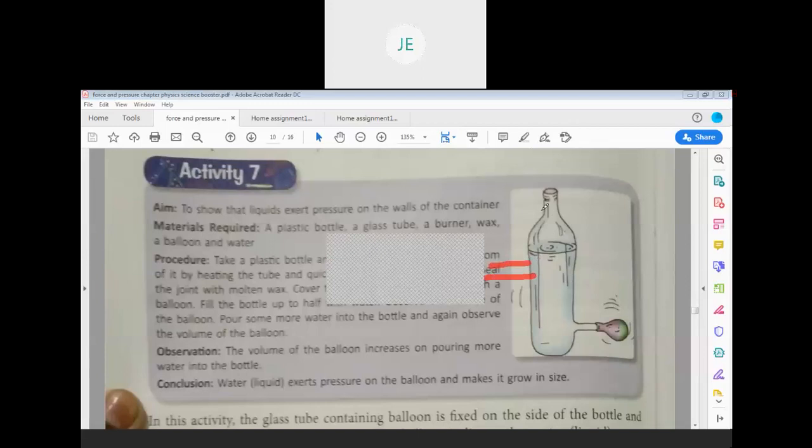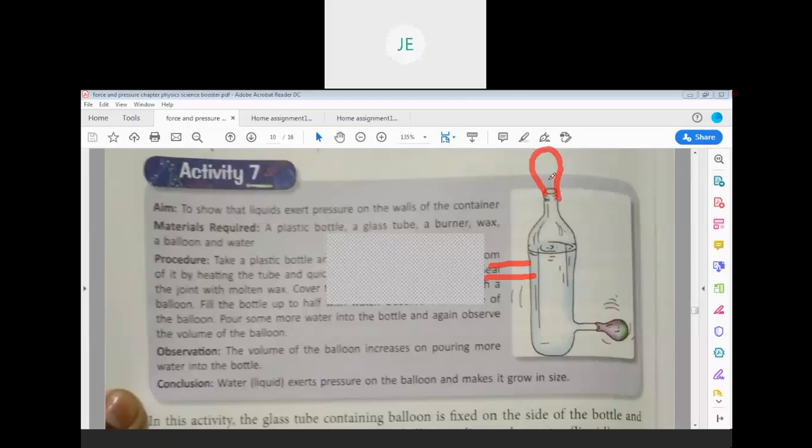No, sir. The side balloon will be in its place only, but at the top mouth, where we drink the water from, if we put a balloon there, then what would happen to the size of the side balloon? Then if you are keeping it here, how can you pour the water? That is number one.